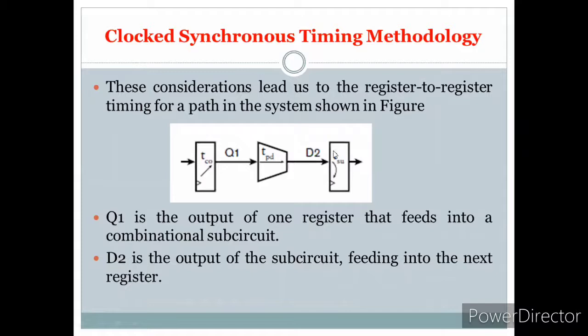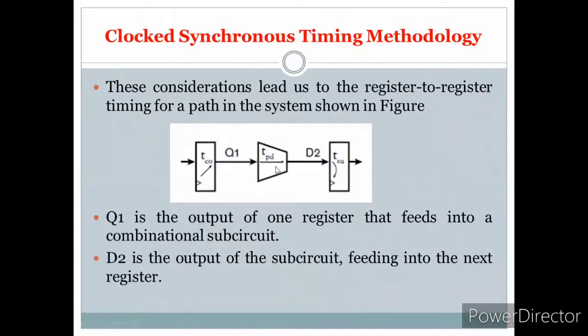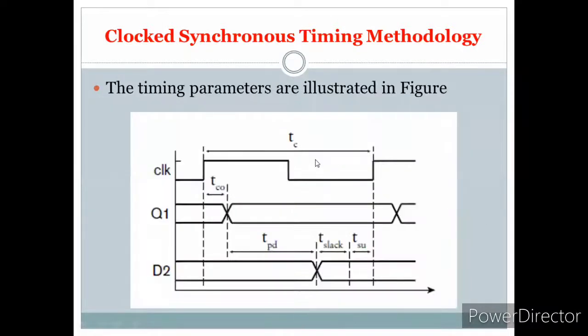If you observe TCO and TSU, that is the clock to output delay and the setup time, in the timing diagram of the simple circuit shown, we can understand. TC is one clock cycle, TCO is the clock to output delay, and we also have propagation delay, slack and setup time.